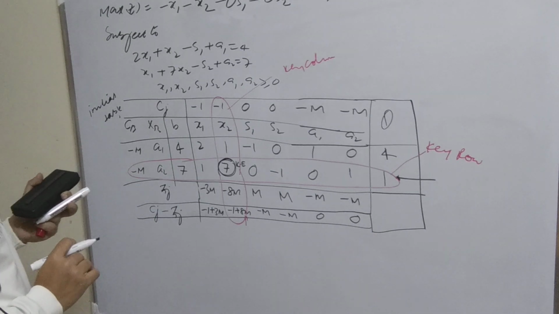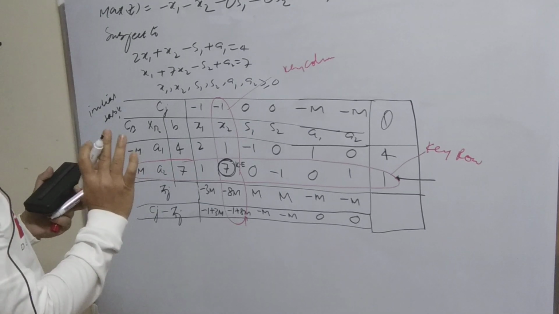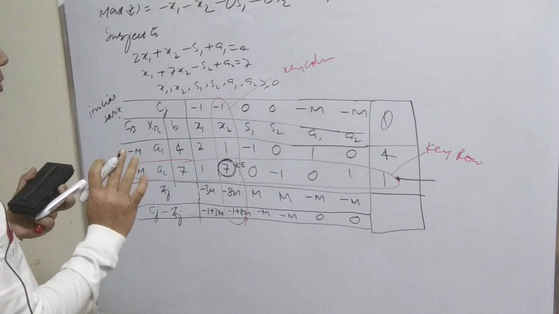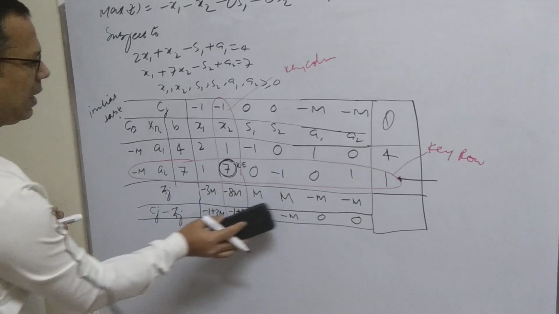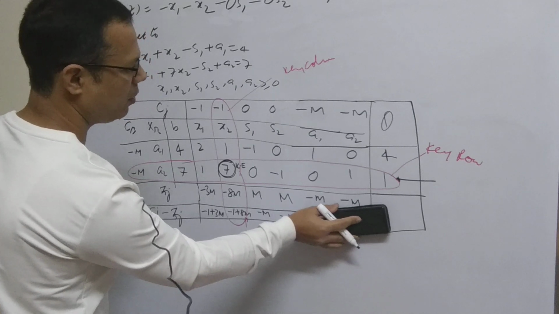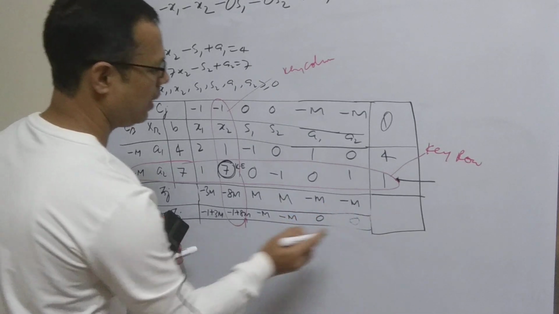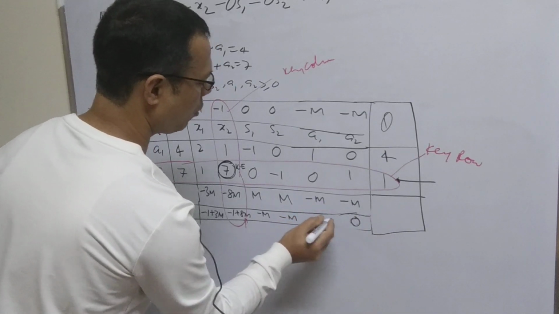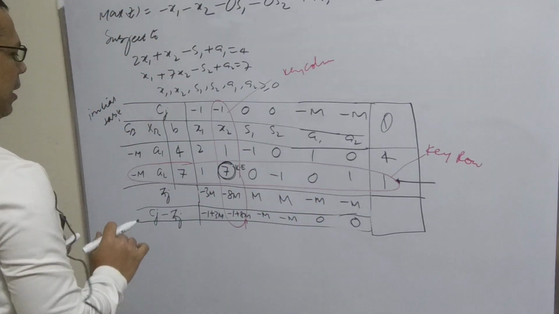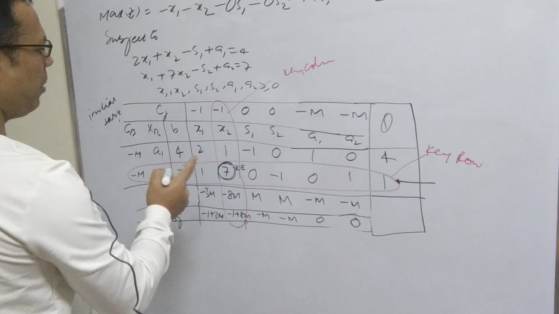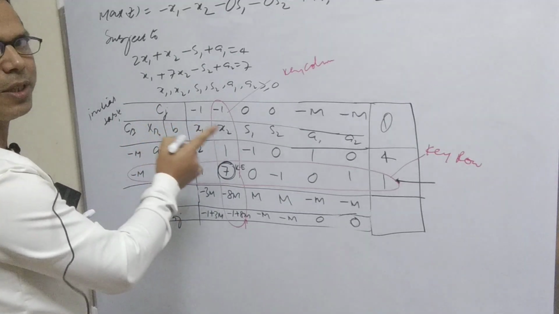To move into table 1, very simple ideas. How to move into table 1? First, up to Cj minus Zj, these terms are already over. We no need to go into this table. But before going to delete some rows from this table, we need to see which variable is going to enter into the basis and which variable is going to leave the basis.